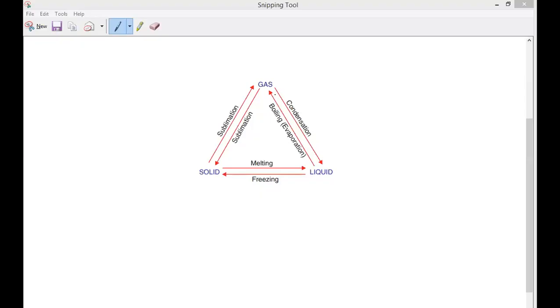Yes, sir. Now, as we know, I will mention the conversion of matter in a single form. In a triangular form, we will represent all three states of matter. What are the three states of matter? Anybody can tell me? Solid to liquid, liquid to gas, gas to again solid. You can see here the complete process in a triangular form, the states of matter triangle. This figure shows the interconversion of the three states of matter. What does it show?